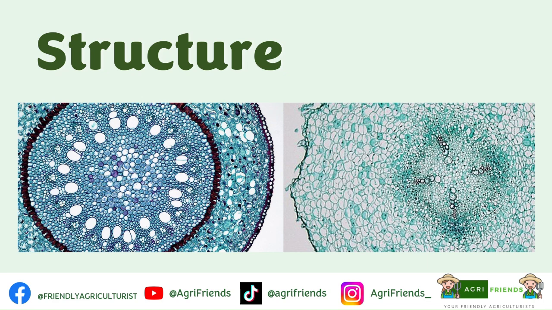Now let us discuss the structure of a root. In the root, there is no waterproof cuticle as this will hinder the absorption of water. The outermost layer is the epidermis. It is a single layer of cells that protects the inner tissues. Some epidermal cells, especially in the region of maturation, are specialized to form root hairs, as we have mentioned earlier.